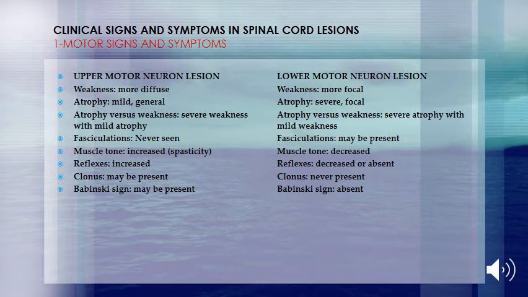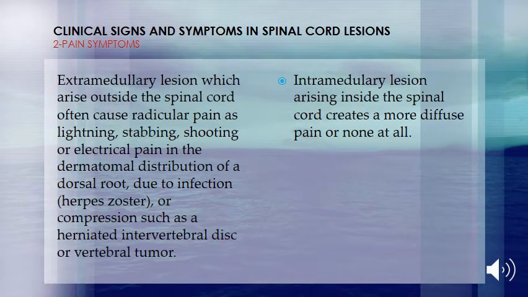The reflexes are increased in the upper motor neuron lesion, hyperreflexia, and may be present with clonus, while reflexes in the lower motor neuron lesion are decreased, diminished, or absent. Babinski sign, upgoing or positive, may be present in the upper motor neuron lesion, while absent in the lower motor neuron lesion. The second symptom is pain, and you must know what the differences are in character of pain between